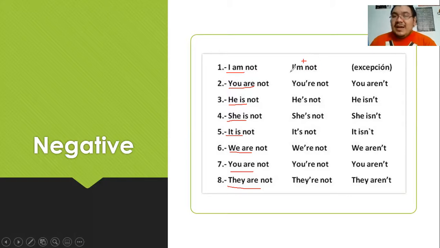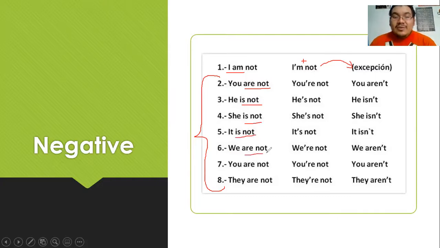Por supuesto. Así es como nosotros hablamos de la forma negativa. Y el I am not no hay otra forma de repetirlo, pero todas las demás sí. Hay otra manera de contraer todos los verbos, todas las oraciones que utilizan los sujetos you, he, she, it, we y they. ¿Cómo? Contrayendo no el sujeto y el verbo, sino el verbo con su forma negativa. ¿Ok? En vez de contraer y juntar el sujeto con el verbo, juntamos las dos partes o los dos conceptos del verbo, el negativo con el afirmativo.